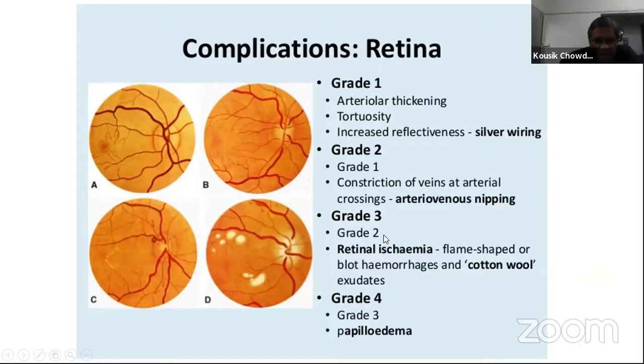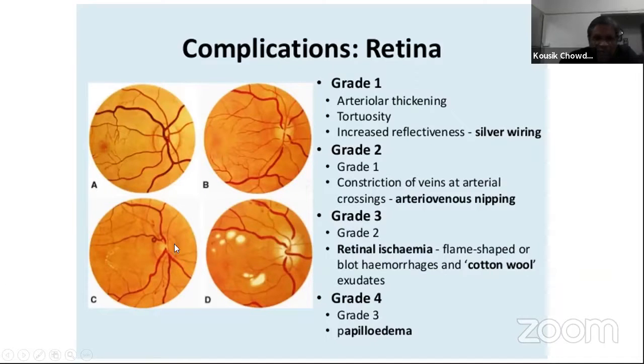In grade 3, grade 2 features will be present, and retinal ischemia will be present. Flame-shaped hemorrhages in the nerve fiber layer of the retina, and cotton wool spots may be present, and sometimes exudate is present in grade 3,